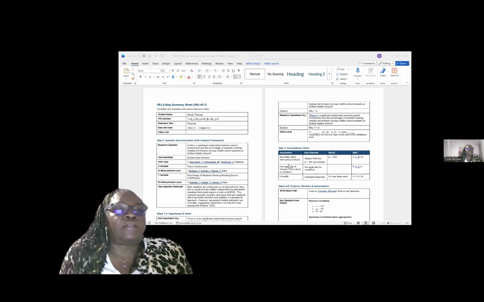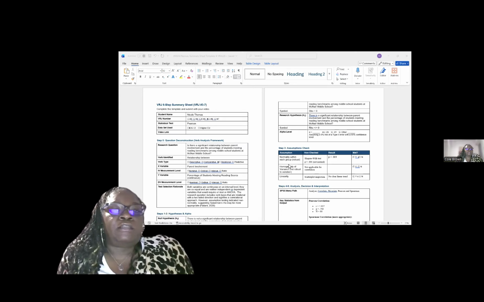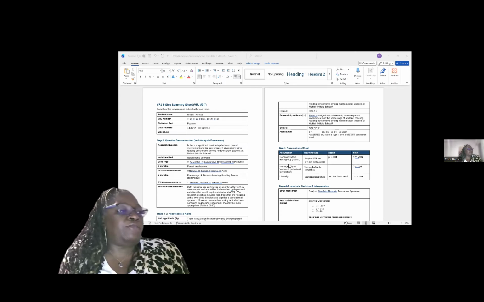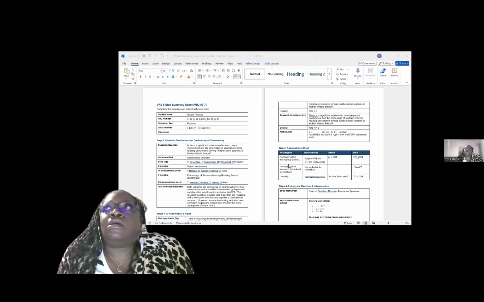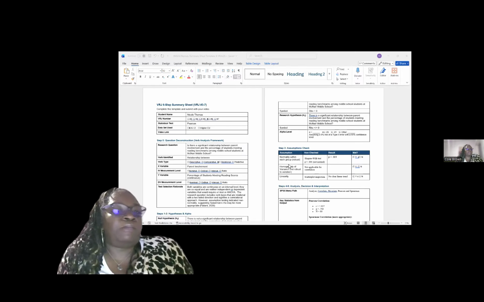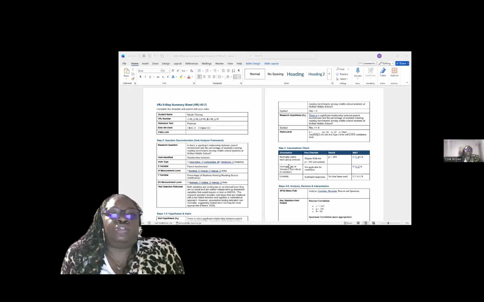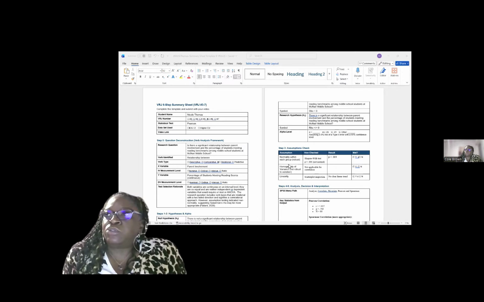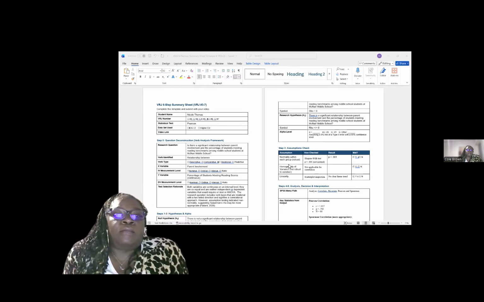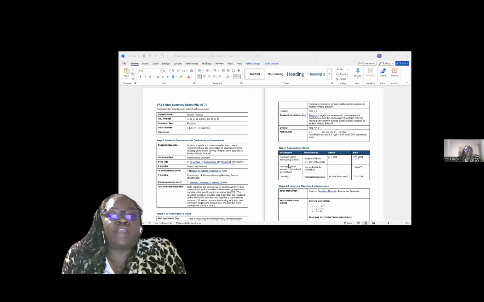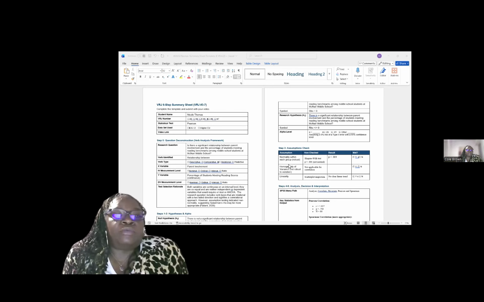Okay, there it is. So my research question is: is there a significant relationship between parent involvement and the percentage of students meeting their reading benchmarks among middle school students at McNair Middle School? And the verb that we identified is "relationship between." It signals that it is relational, and the variables, which are my X and Y variables, are parent involvement as well as the percentage of students who are meeting reading scores.